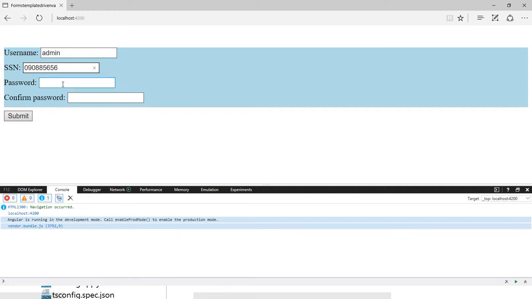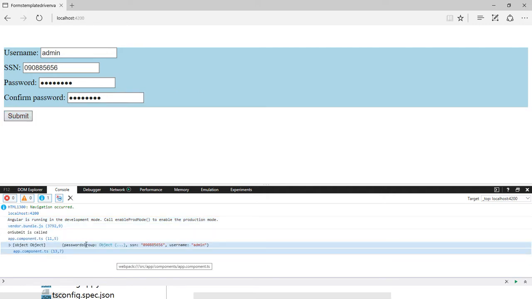The social security number is required. Now I'm going to put a password. I'm going to say it's Godzilla. And then I submit. And here is my password group object and my SSN number, my username,